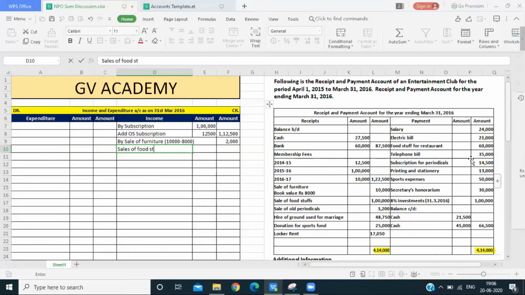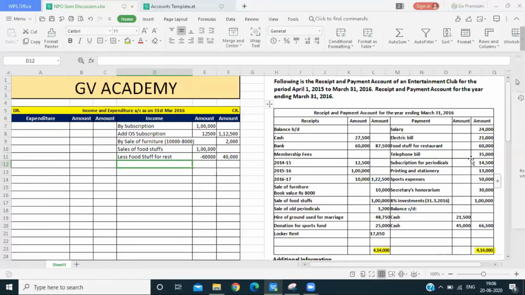sale of foodstuffs is rupees 1 lakh, and the expenditure amounting to rupees 60,000 is related to this. So we will subtract that, less foodstuff for restaurant. So the foodstuff for restaurant is minus 60,000. So when we net this, we will be having an income of rupees 40,000, which will be credited in the